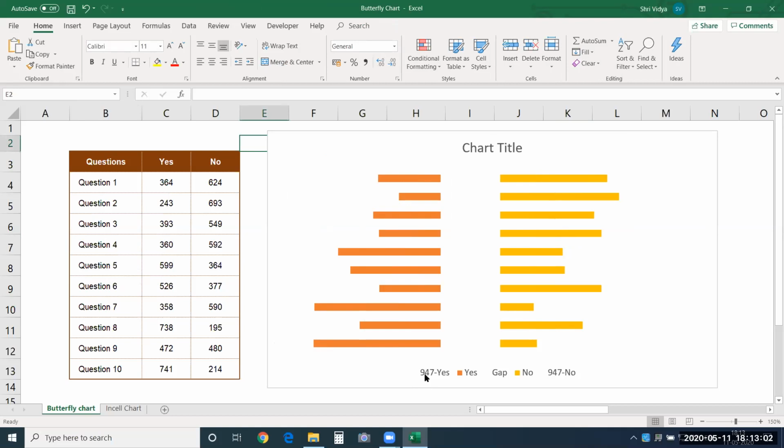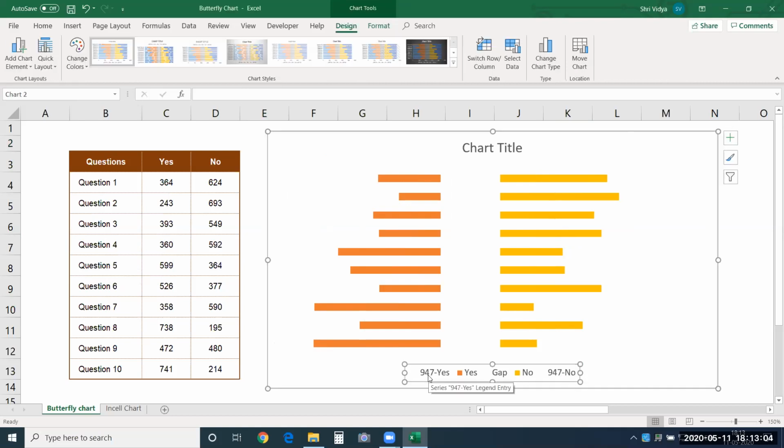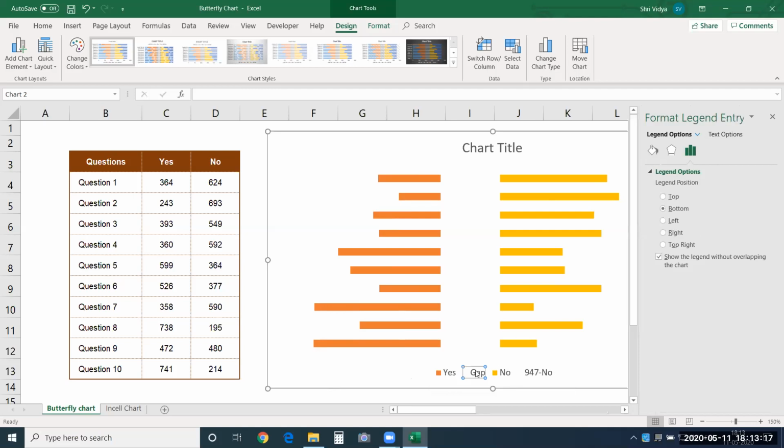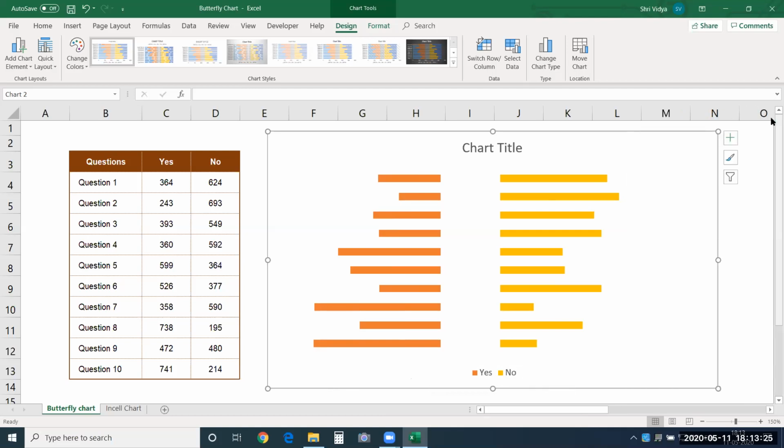Now you can see in the legend also it is visible: 947 minus yes, 947 minus no, and gap. So how to remove that from the legend? Just double click on the value and delete it, it will vanish. Okay, so now we have only yes or no value.